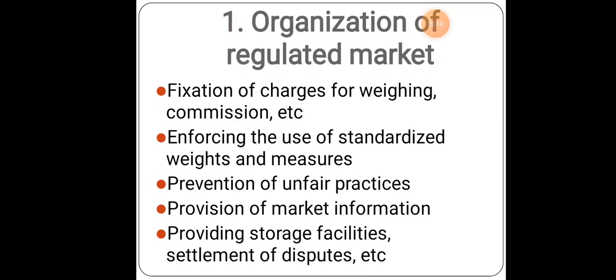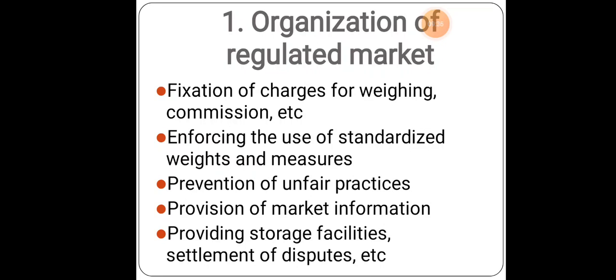Okay, they will give proper information, they will give proper campaign on how standardization can be made, and they will be providing the fertilizers, pesticides, all these things. Okay, next thing, prevention of unfair practices. How can unfair practices be prevented? By selling the cultivated products directly to the government or directly in the market, without putting middlemen in the middle.